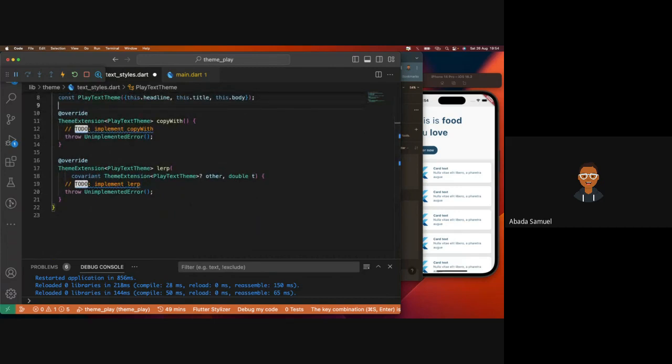Then we have the copyWith method. This ensures that you can call dot copyWith on any styling property. That's what the copyWith method is. You can copy a text style and do dot copyWith and then modify any other property. But in this case, our properties are TextStyles, so